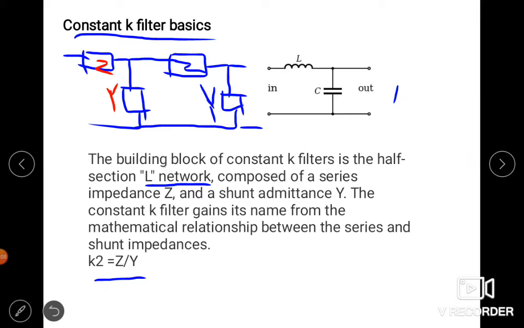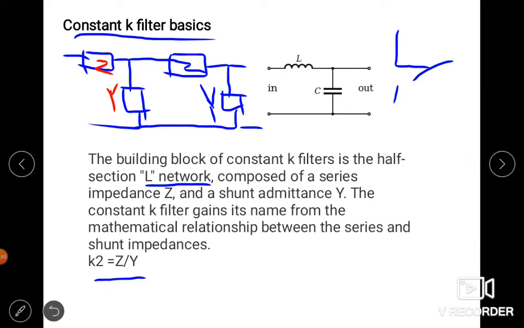And if I say this is the infinite ladder network of the L section, here the L should not be confused with the inductance L. I repeat once again, the student may not be confused. The L section should not be confused with the inductance L. In electronic filter topology, L refers to the specific filter shape which resembles an inverted letter L. Should I repeat it once again? This is a very important term.